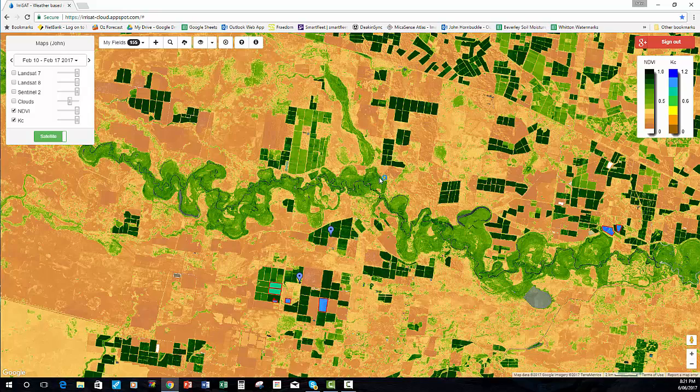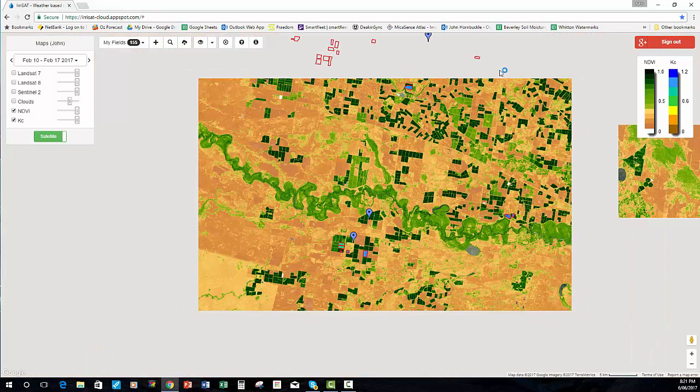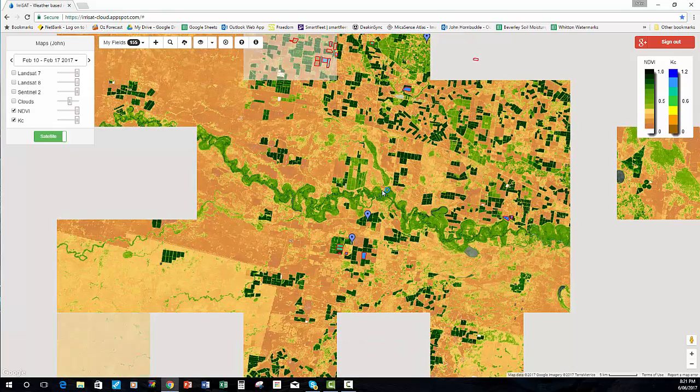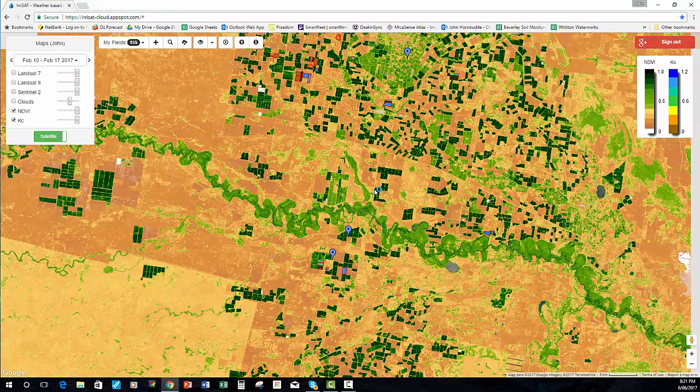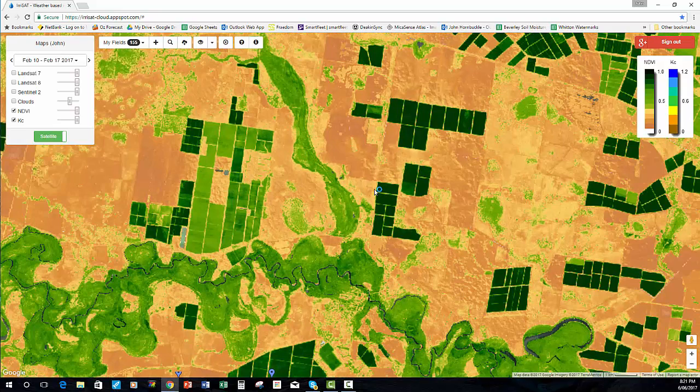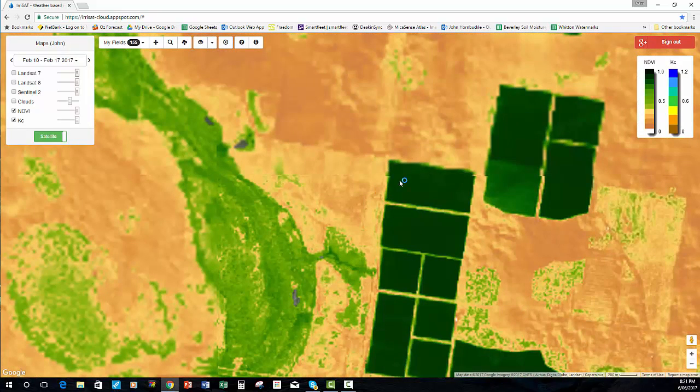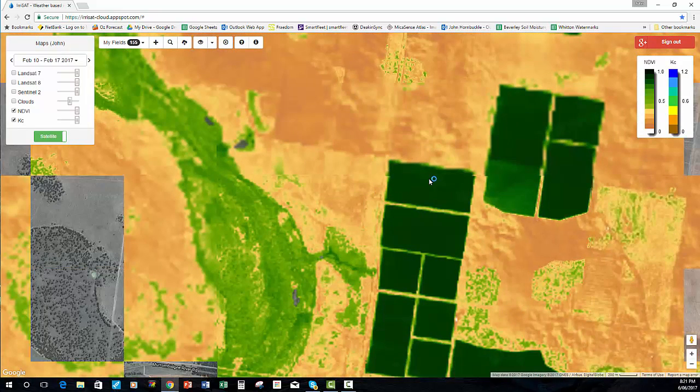This is midsummer. We've got the Murrumbidgee River. We've got the Murrumbidgee irrigation area to the north of the Murrumbidgee River here, and Coleambally irrigation to the south here as well. We'll pick out a few crops and zoom in and show you how you can get site-specific information for those. If we zoom in and have a look at this particular cotton crop,